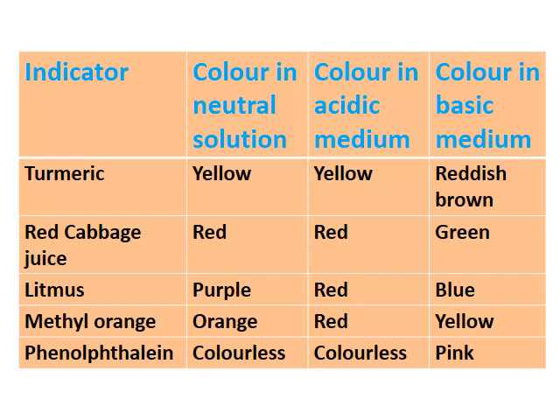The last two, that is methyl orange and phenolphthalein, both of them are synthetic indicators. Originally in neutral solution the color of methyl orange is orange. In acidic it is red. In basic medium it changes to yellow. Phenolphthalein in neutral solution remains colorless. In acidic also it is colorless, but in basic medium it turns to pink color.